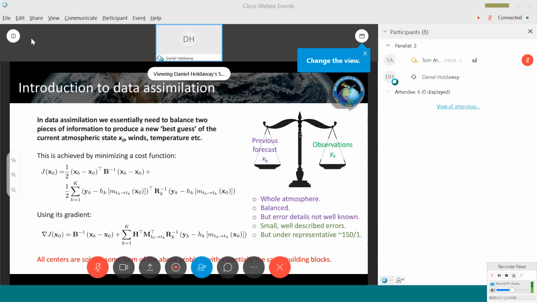So we do that by minimizing a cost function. Here we've written this cost function on the left-hand side of the equation with the d to the -1. That's the previous forecast, balanced in some sense by error. And then on the right-hand side, with that R matrix, are the observations, or the departures, the comparison of the observations to the background. So we weight these two pieces of information and we minimize this cost function using this gradient,